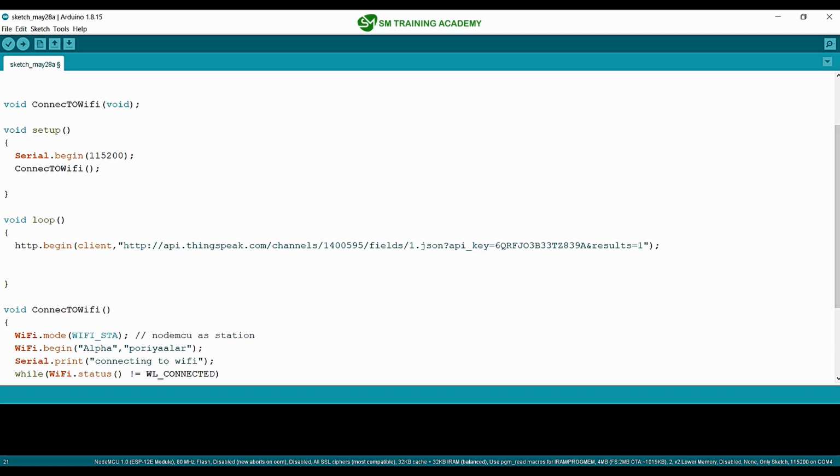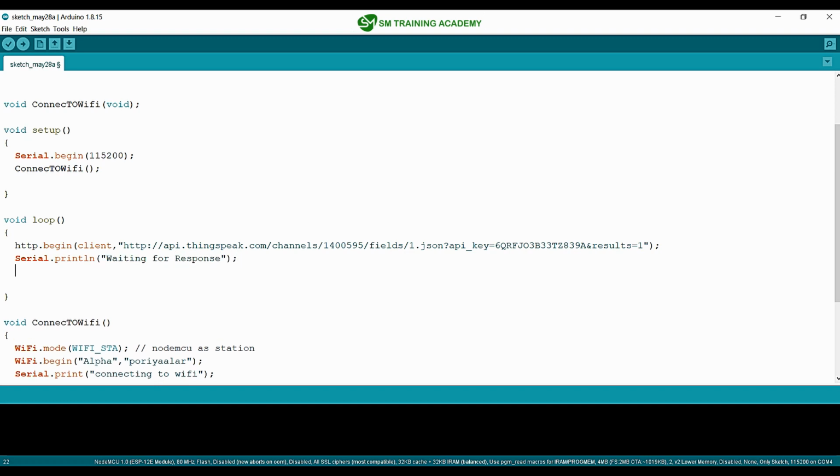And next we are just going to print in the serial monitor "waiting for response". And as usual we know that we will be receiving an HTTP code.